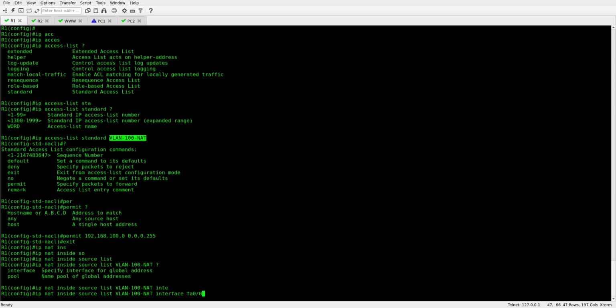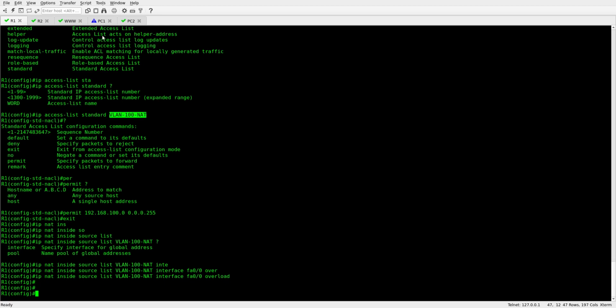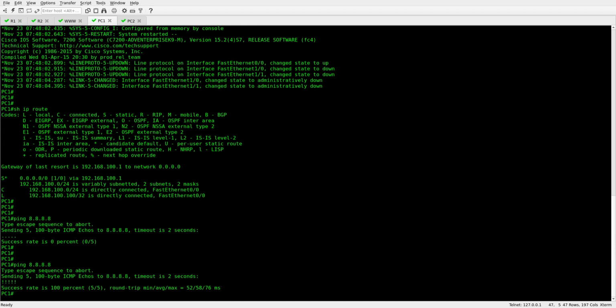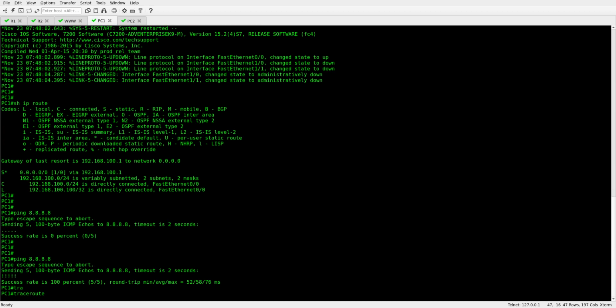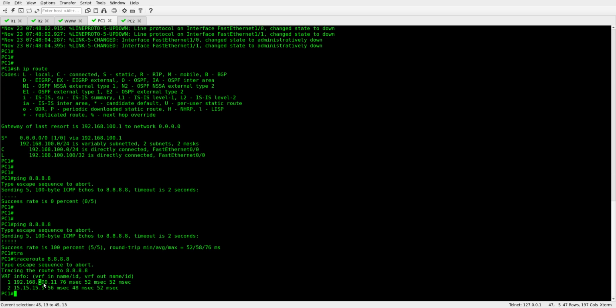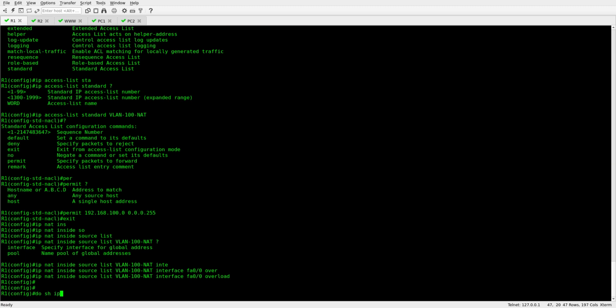Interface FA0/that, and then overload. Let's try that again. And we have a success this time. We have a look at our traceroute. We can see that it is going via 100.11, which is